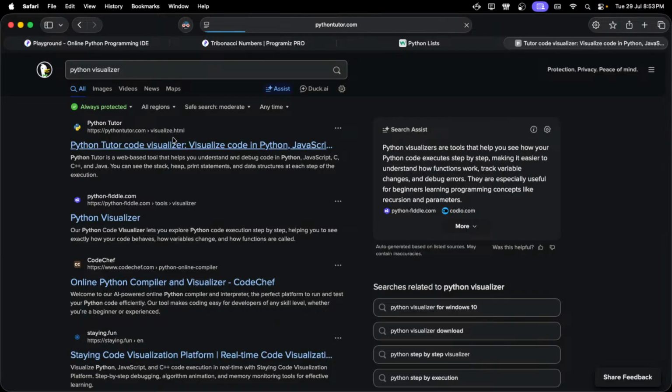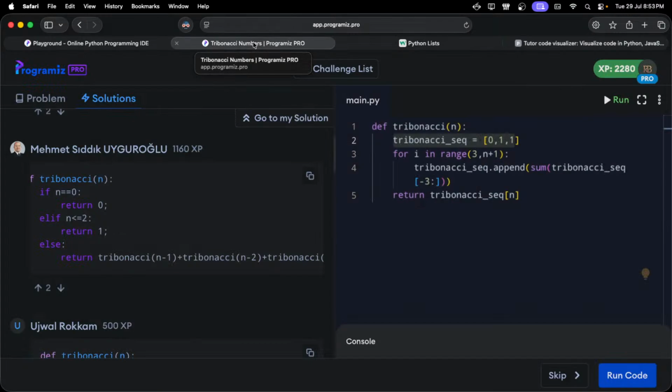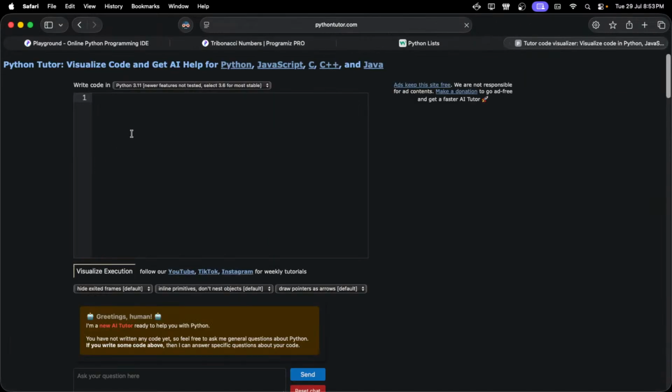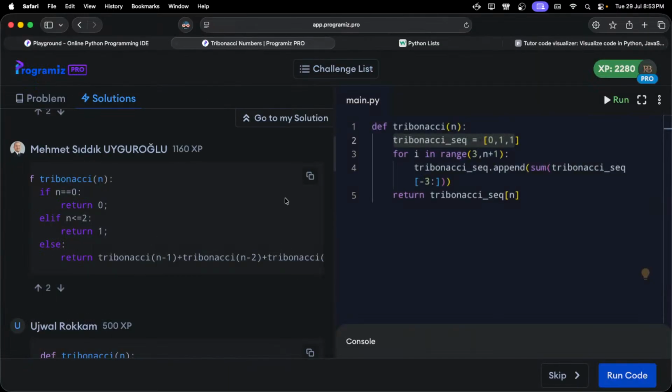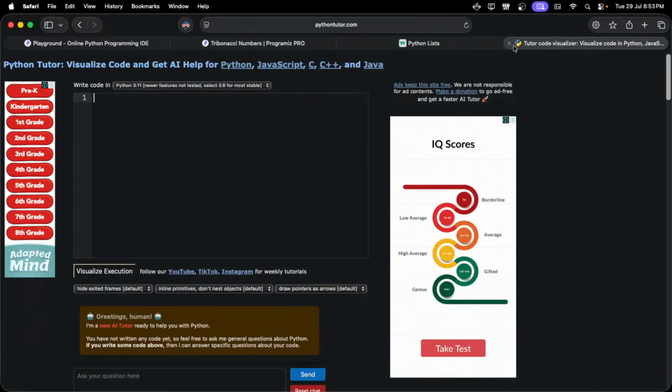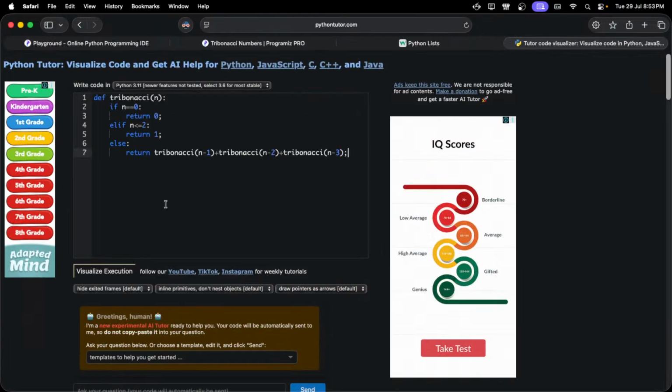In that you can paste the code and then visualize it properly. As you see, what you can do is copy this, paste it over there, right? And then do something like